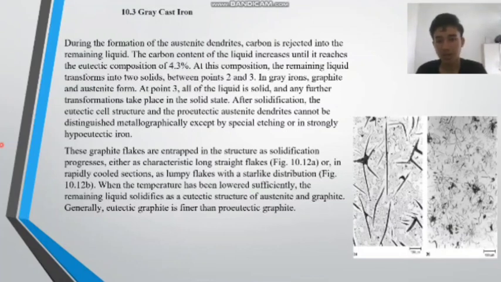These graphite flakes are entrapped in the structure during the solidification process, either as characteristic long-strand flakes, figure 10.12a, or in rapidly cooled sections as lumpy flakes with a star-like distribution, figure 10.12b. When the temperature has been lowered sufficiently, the remaining liquid solidifies as a eutectic structure of austenite and graphite. Generally, eutectic graphite is finer than proeutectic graphite. Next,